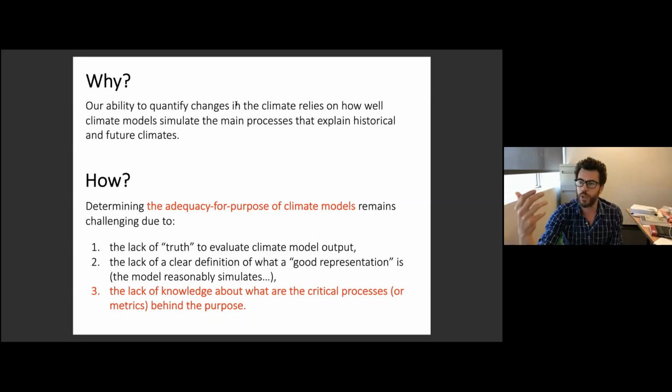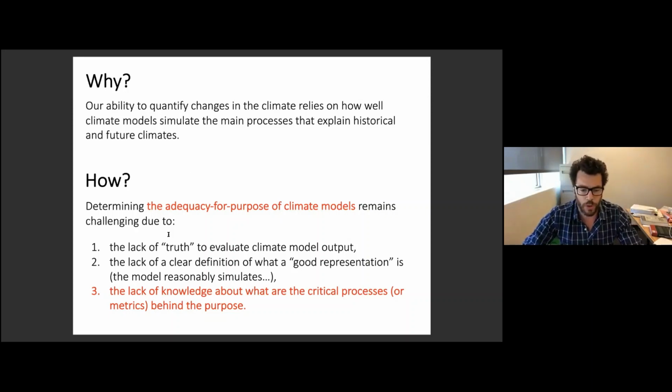So for example, we often evaluate very complex processes. For example, precipitation is a very, very complex process that depends on a range of phenomena, different scales interacting with each other, etc. And when we have an error in precipitation, to identify the source of the error is really, really hard. And so the metric we construct to tell something about the errors in precipitation might reflect some processes inside or might not.